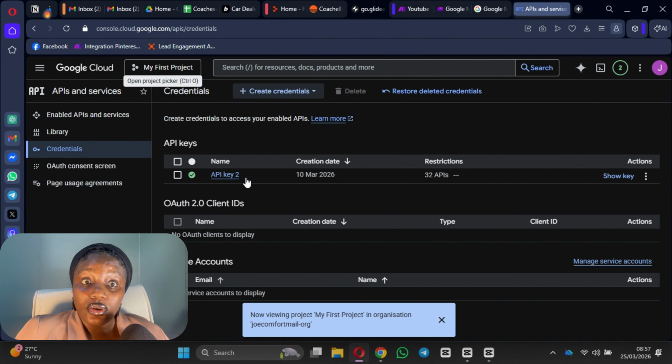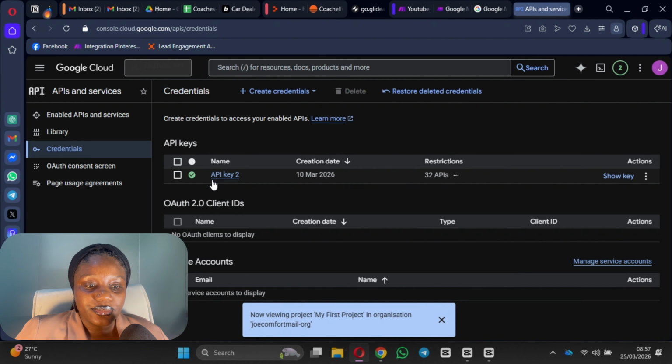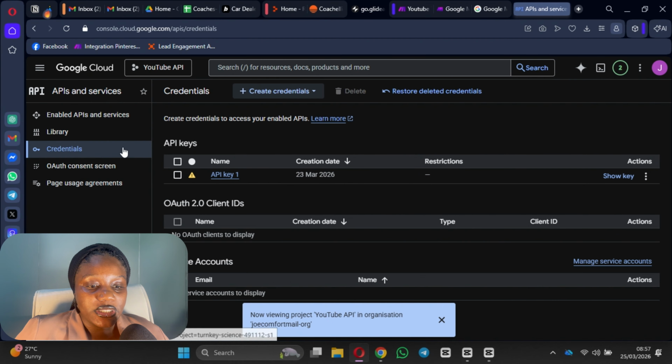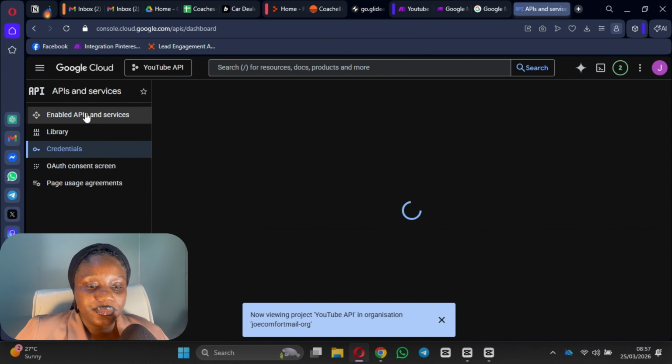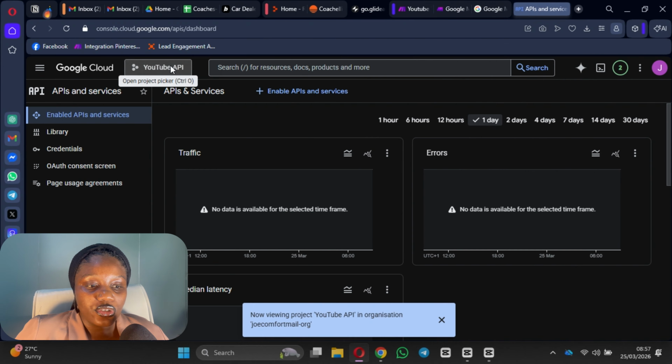console.google.com, and that's your console for your Google accounts, if that makes sense. So what I did here was create, like you can see, this is the API that I created for it, the project rather that I created for it. So what I did was come to this enable API here. So if you want to create your own project, just come here and you see new project. Once you are in the project like this, that's how you know which project you are in. It's always going to show here.